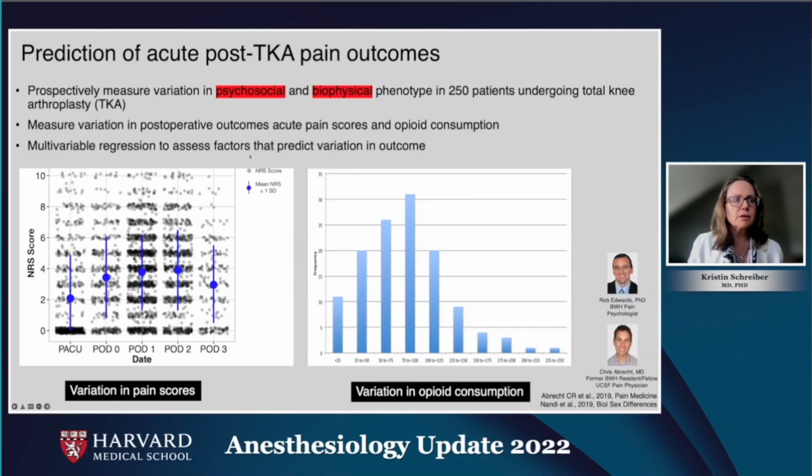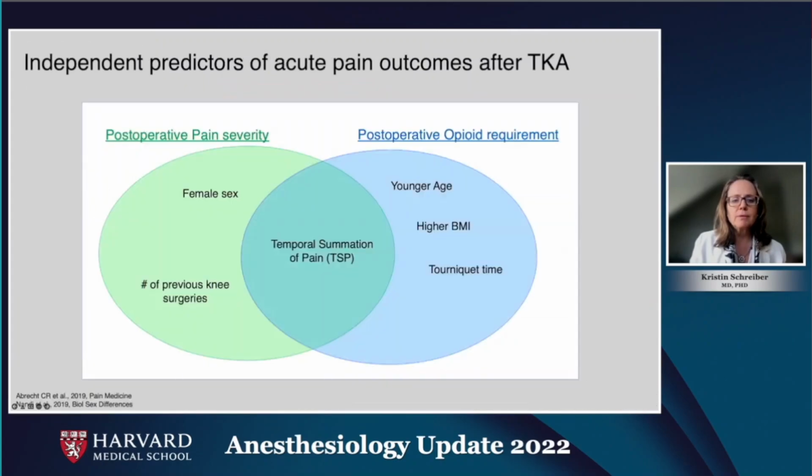So then we did a multivariable regression to assess which of the factors that we measured before surgery could predict the variation in outcome that we saw. One note about multivariable regression, of course, is that you're taking all of the factors kind of together. So even if they're related, you're asking which one of them independently predicts, even taking all the other things together. So this shows the independent predictors of both worse pain severity in the green circle and greater daily opioid consumption